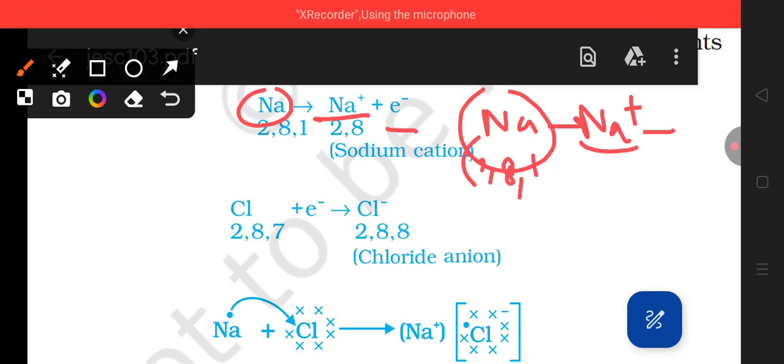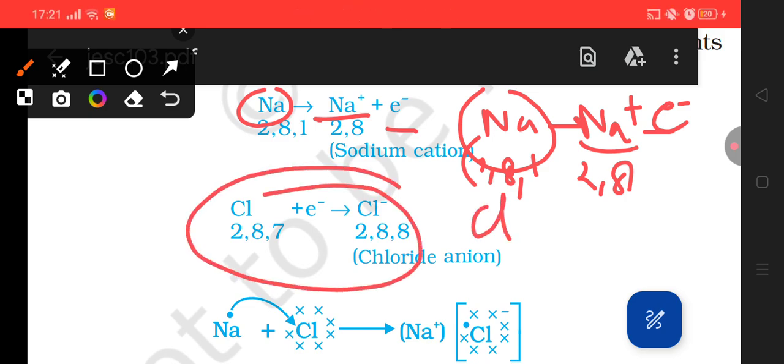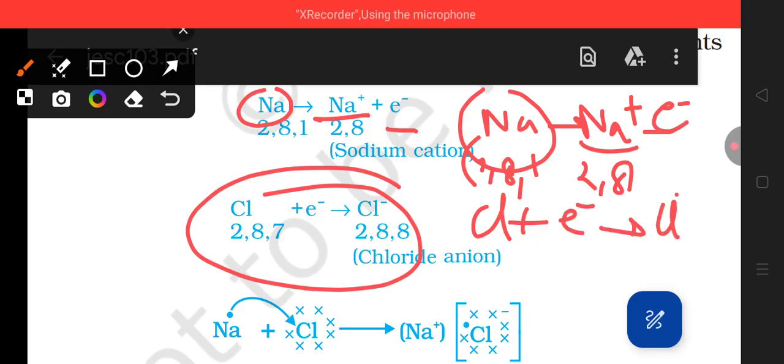It has electronic configuration 2, 8, and this is 1 electron. Now, when we give 1 electron to it, its electronic configuration will again become 2, 8, 1. Isn't it? Now, we have another side, chlorine. Chlorine plus electron will give us chlorine negative ion. Isn't it? So, see, chlorine has electronic configuration of 2, 8, 7. Plus 1 electron, when we do it, will have the electron configuration of 2, 8, 8, which is chloride